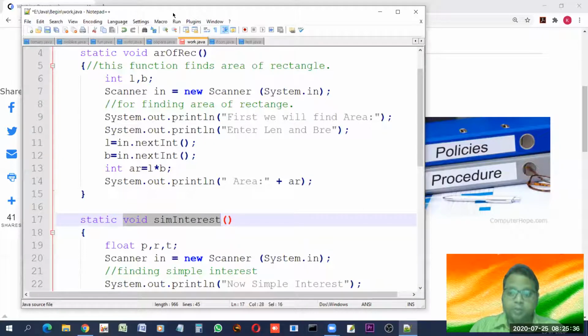We have one more programming concept, which is object oriented, and Java is fully object oriented programming. All object oriented programming languages support procedural programming also, and that's why we are able to do procedural programming in Java itself. But basically we have to learn object oriented. Now what is object oriented? We'll see this, but not now. First understand procedural programming, and then it will be easy to understand the difference between them.